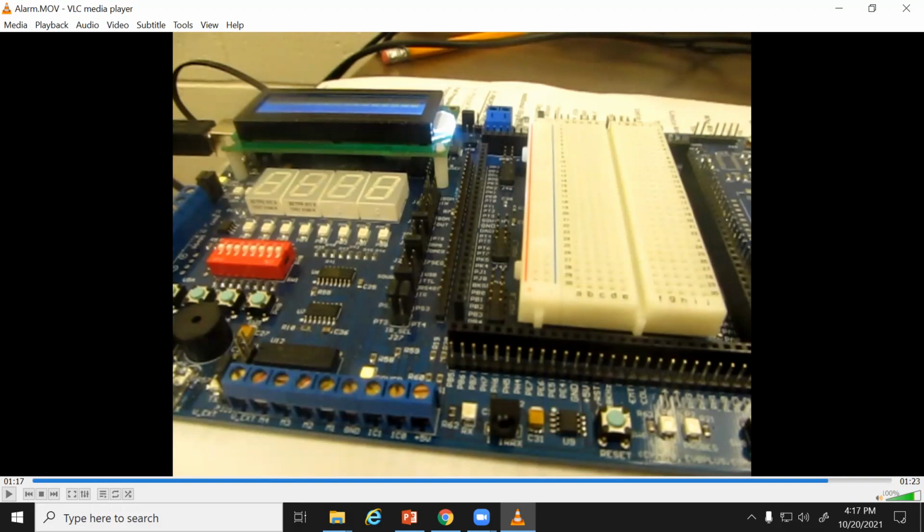For example, I try to give you new boards, and most of you have new boards, which should be okay. But just in case, sometimes the buzzer may be broken, and that's why you don't hear a sound. Or there is a jumper here. You should not play with this jumper because this jumper actually controls